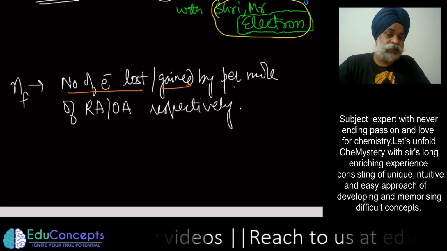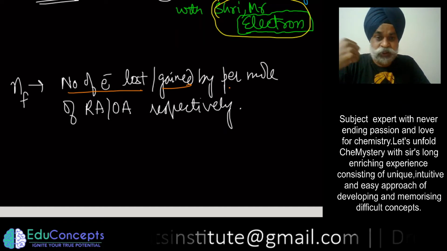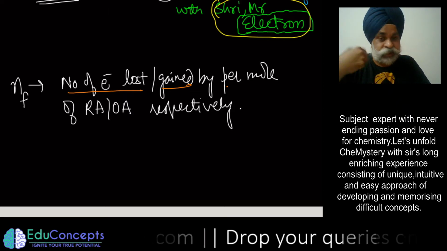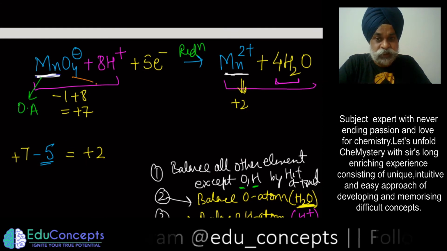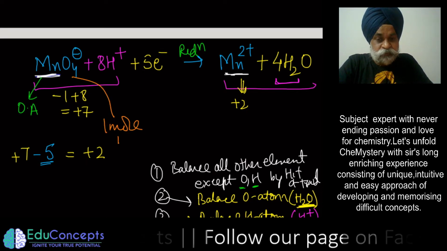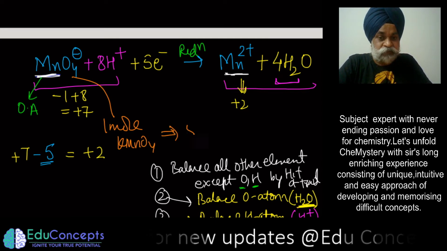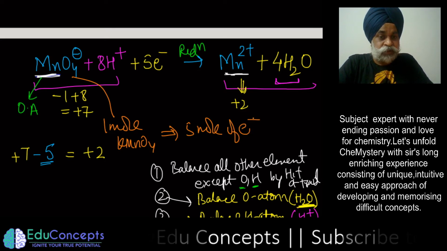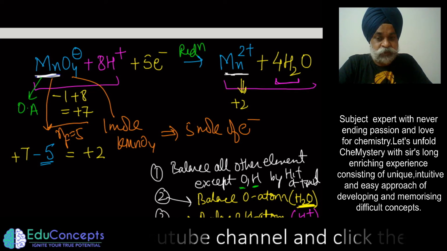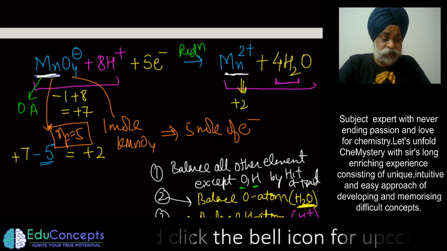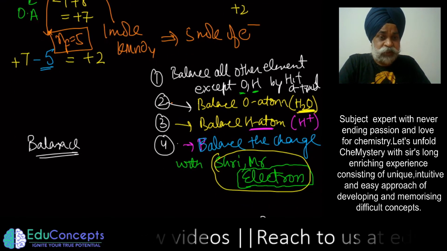एक मोल reducing agent का या oxidizing agent का, कितने इलेक्ट्रॉन्स रिड्यूसिंग एजेंट छोड़ रहा है और ऑक्सीडाइजिंग एजेंट गेन कर रहा है, एक मोल उसका. So here I could see after the balancing, I will say it is 1 mole of KMnO4 that is taking how many electrons? 5 moles of electrons. So if it is taking 5 moles of electrons, I would say the N factor for this is 5. Is it okay? N factor for this is 5. Is it clear? I think it is quite clear to all of you.